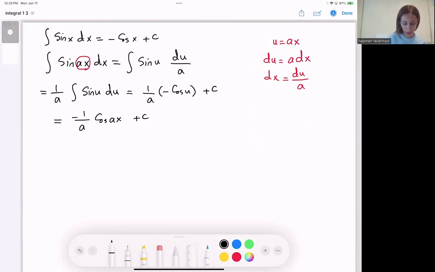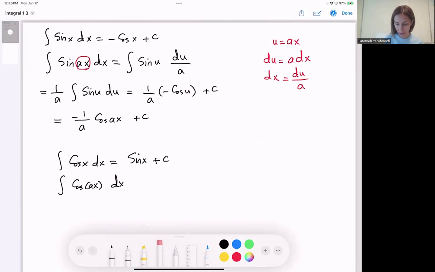The same goes for the integral of cosine. If you have the integral of cosine x dx, it is basically sine x plus constant of integration. Now I expect you to ask, what if we have the integral of cosine of ax dx? What is this integral? In that case, if you take ax to be your u,